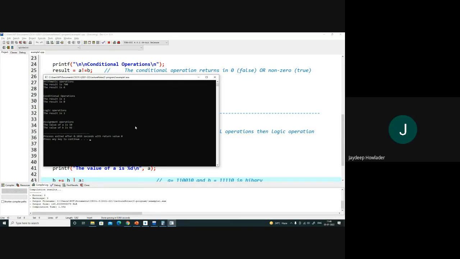We'll let you know on Friday the exact mode of the test we are going to take. Most probably it will be in the form of a quiz, isn't it, Jaideep? Yes, it will be a quiz, MCQ.